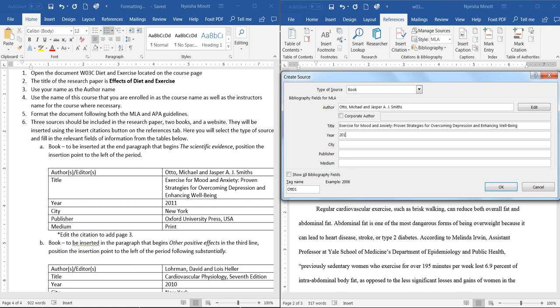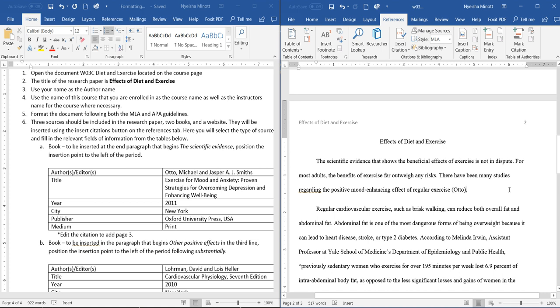The year, 2011, the city, the publisher, and the medium. And I'll fix my errors. And it says auto. Now, in order for you to see the fact that there's a difference in the styles,